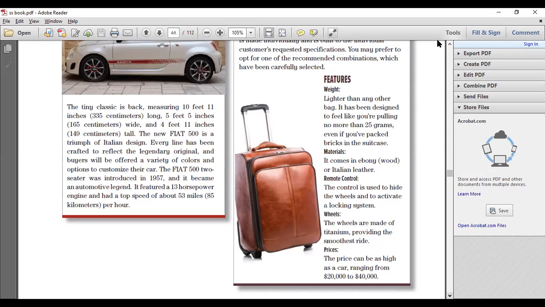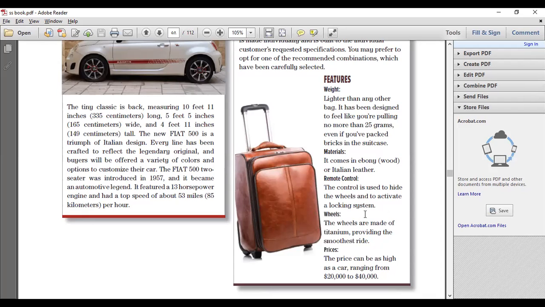The thing is that they say that it's friendly. It comes in ebony, which is a wood, or Italian leather. So maybe that's why it's expensive. It has a remote control. You see, you're not going to drag it everywhere with you. Maybe you can use the remote control and the locking system. You know, when we lock our suitcase, it's not very useful.